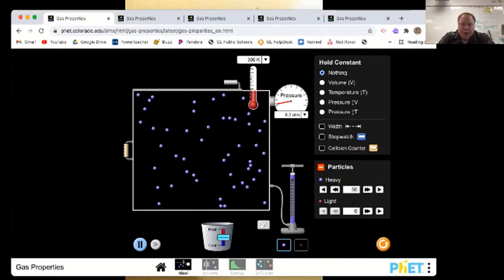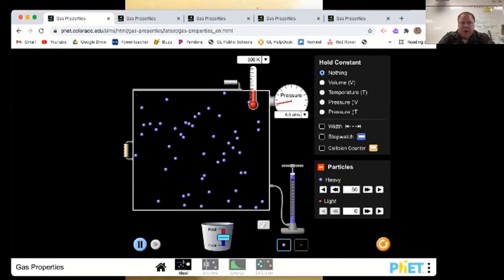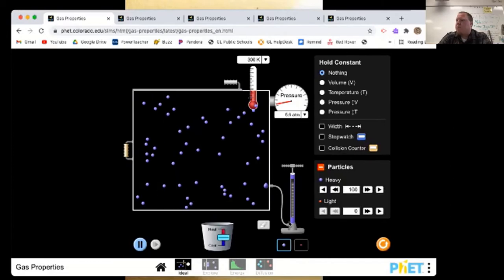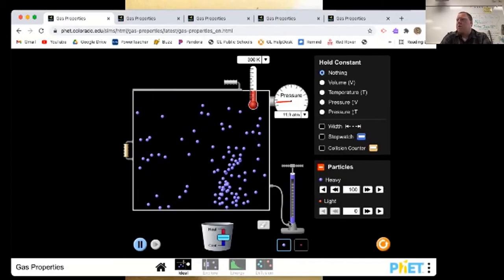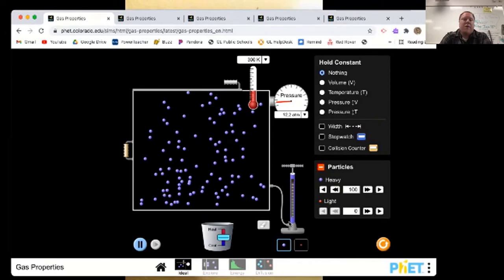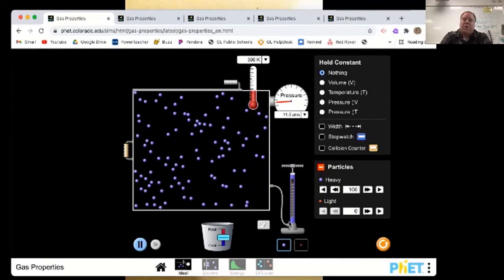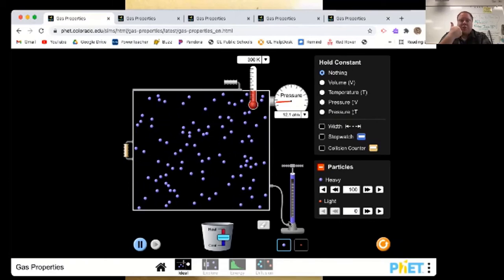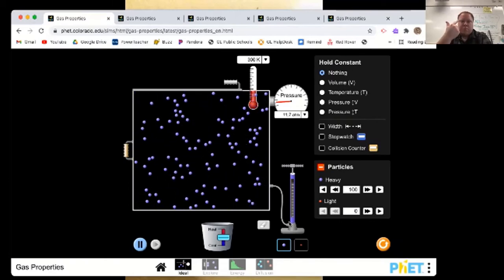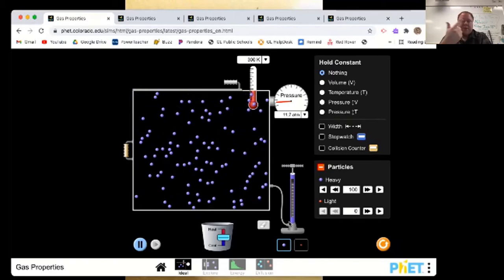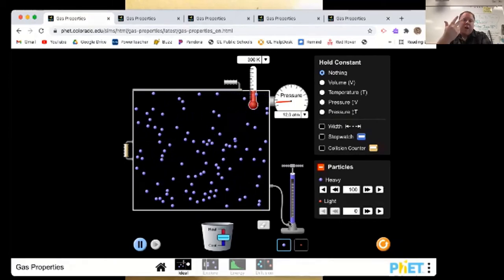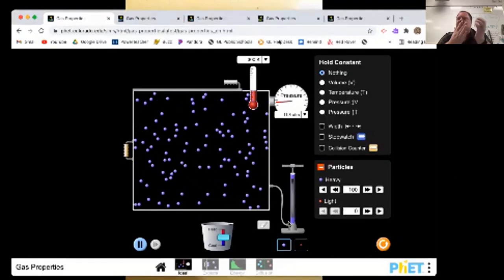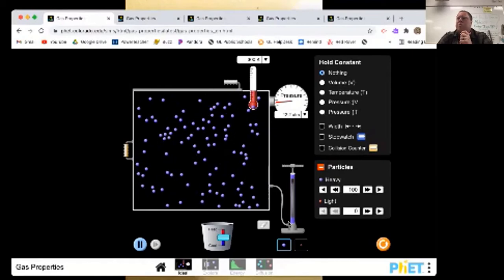Another way, let me go back up here. I got a couple people who had a few more ideas. Another way I could actually change it, add more particles. So if I were to actually add more to it, now there's more air in there, and so there's going to be more particles hitting the walls. So yeah, there's basically 3 ways to change a pressure. You can change its temperature, you can change the space that it's in, changing how many times it runs into the walls, or you can add more air or take air away, and that will change how much air is hitting the sides. So 3 ways to actually adjust the pressure here.